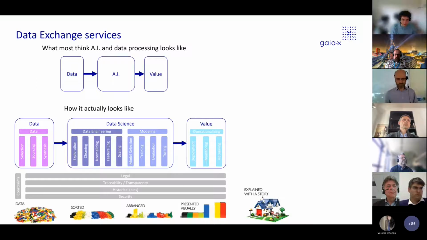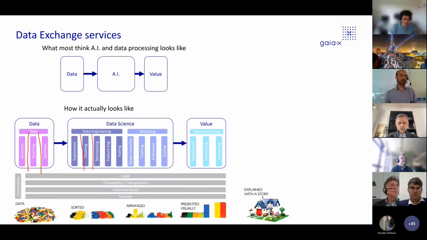All this pipeline, if this is done within one organization, I would say that's quite already challenging, but doable, and organizations already know how to do that. But let's assume that you are doing that across organizations. So here, the organization doing the selection and the sourcing is different. And the exploration, and here we have as many rows as different organizations.